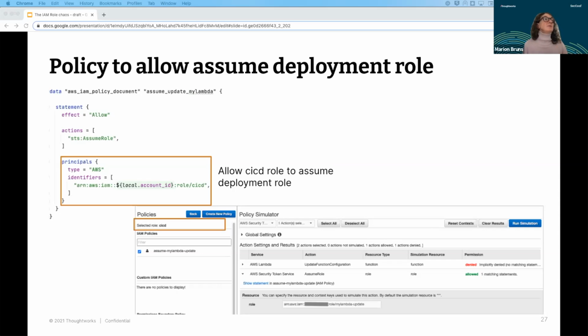In this case, you allow the CI/CD role to assume the deployment role. And you can see that if I assume that role, again in the policy simulator, this security simulation went through. But you can also see that a direct change of the AWS Lambda function by the CI/CD role is denied in this case.